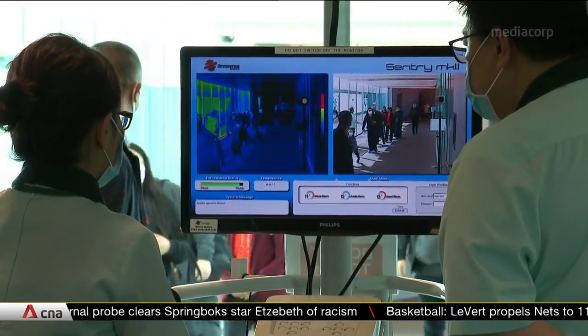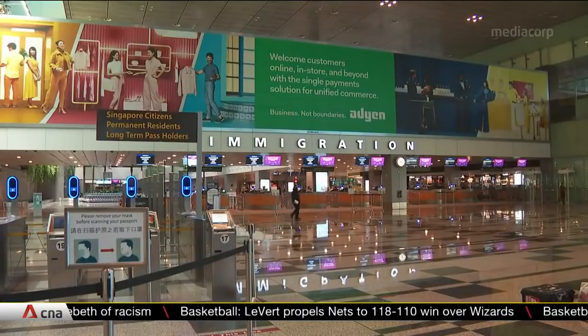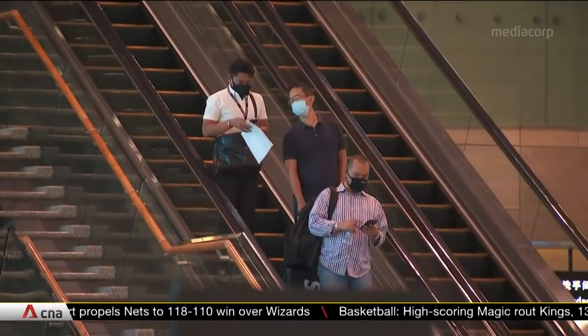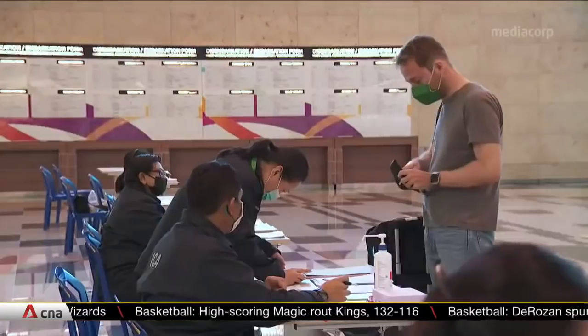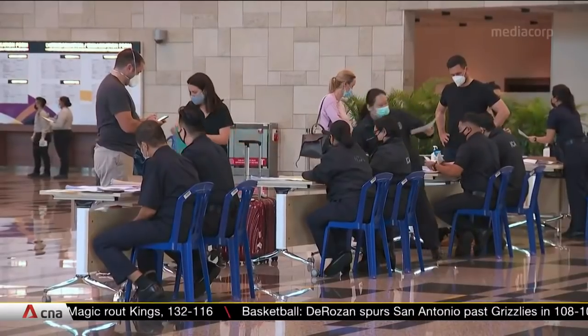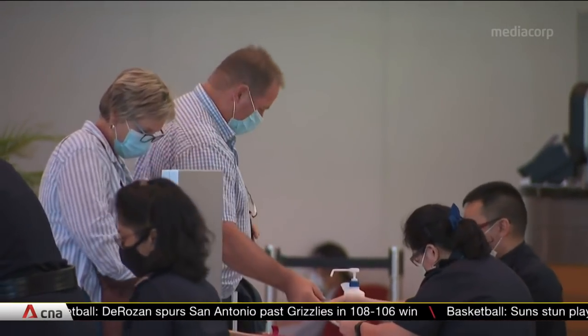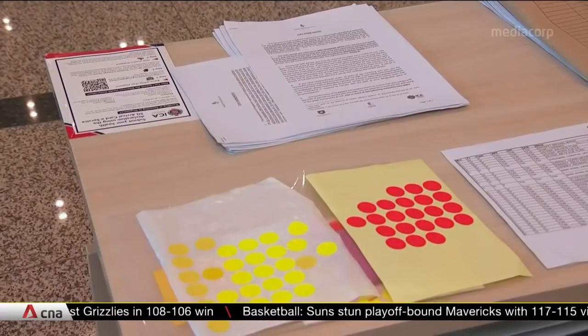ICA officers currently pay a visit to those on stay-home notices once every 2 days. As the expected number of travellers increase given easing border restrictions, the authorities have come up with a less labour-intensive and thereby more sustainable way of tracking SHN compliance. This is vital to ensure that imported cases don't lead to community spread, with many countries experiencing a second wave